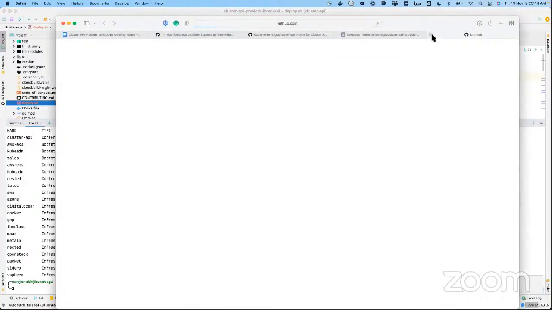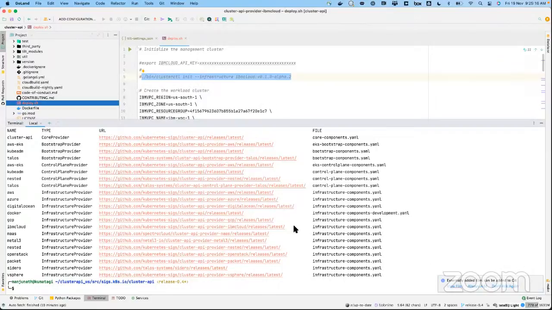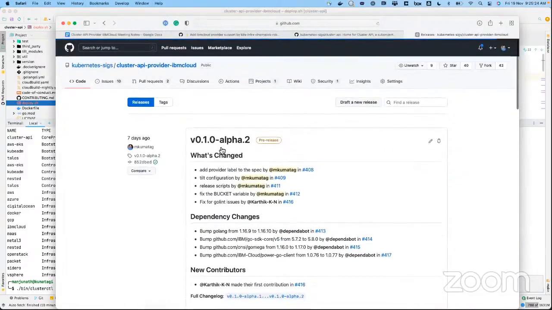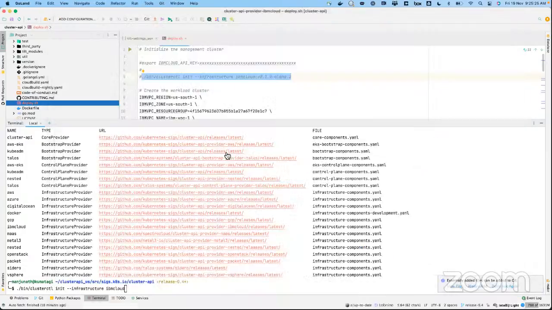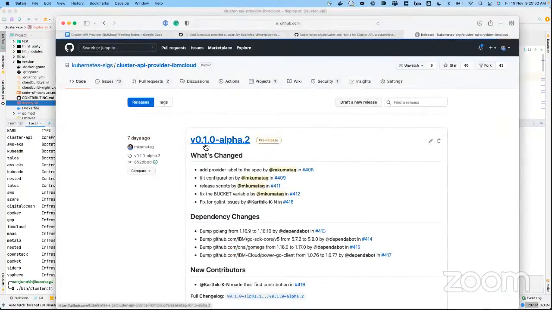Another point is that we can usually use this without any version, but the trouble there is that we have all these alpha releases, so the command doesn't work if you don't mention the version, because it always looks for a version without alpha release.